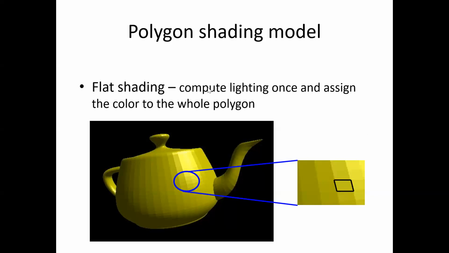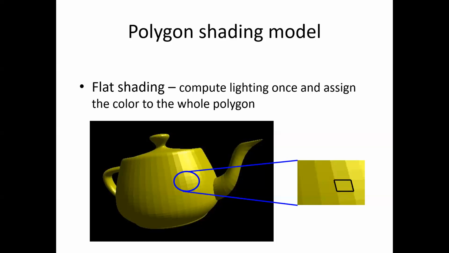So over here, the basic concept in flat shading is that we are going to compute the lighting only once. For a particular group of polygons which constitutes the kettle in this example, we calculate the color code, the lighting code, and we assign this code to the entire set of polygons coming under it. We are not at all considering variation for each polygon.